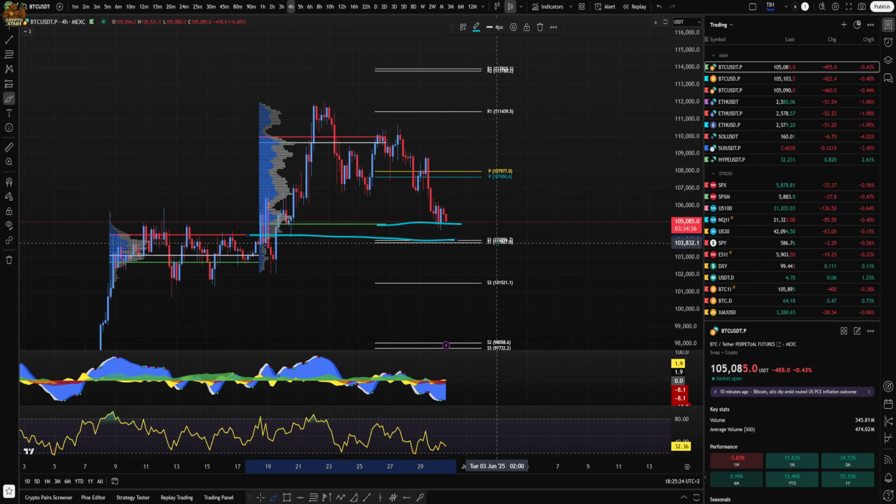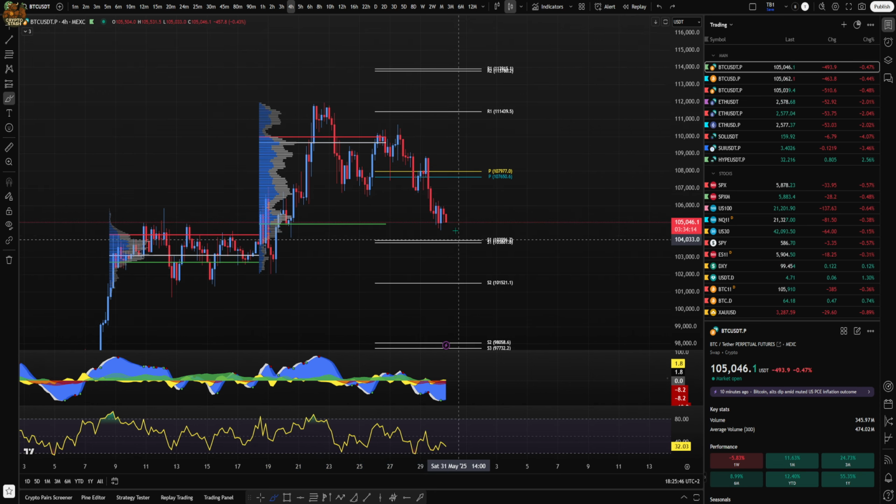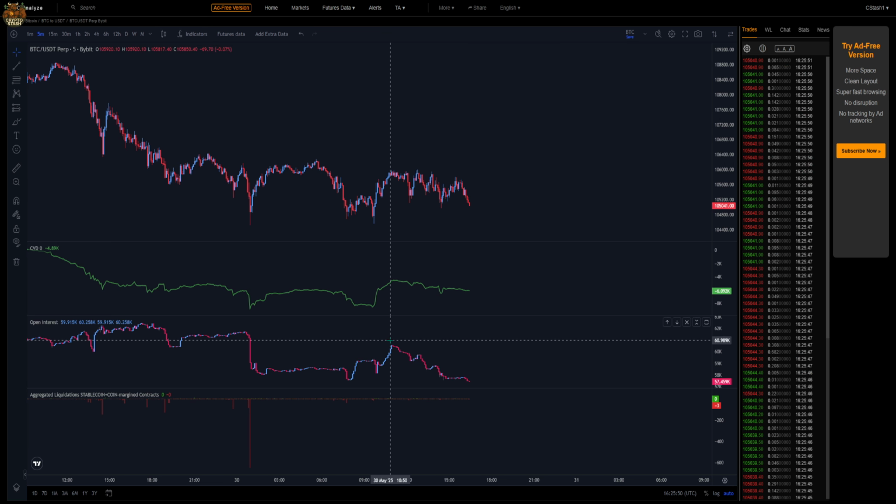one at around 103k. And if Bitcoin keeps going to the downside, as you can see, our RSI momentum and our waves right here are currently creating that bullish divergence. But right now the price is still dropping, so there are a lot of sellers, basically strong selling pressure. As I said, if we look at the open interest, as you can see, the open interest currently is